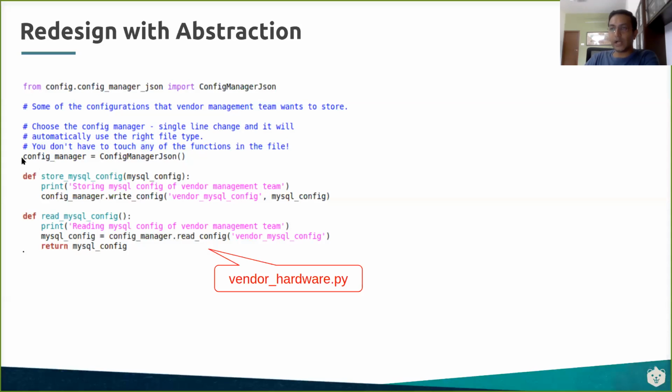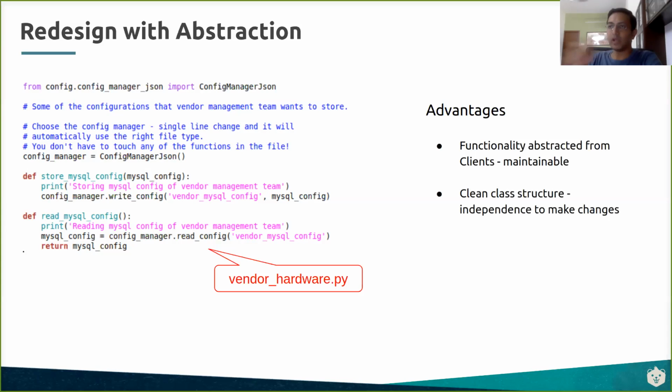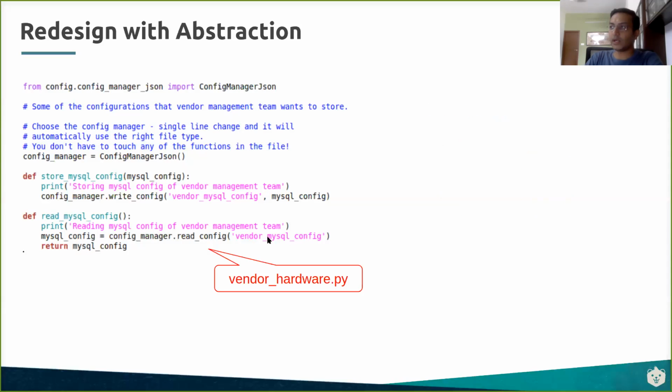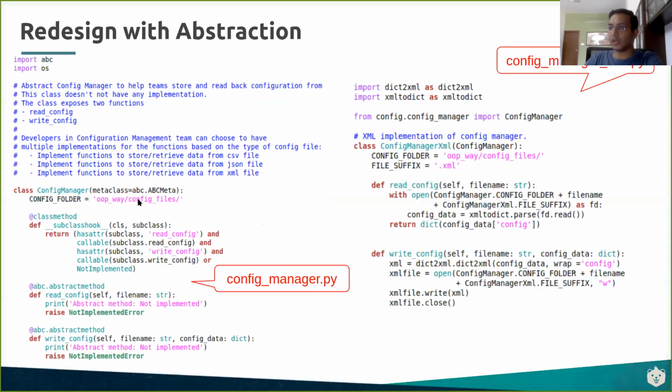So now the advantage is, these two advantages. Whenever the client wants to switch formats or a new format is introduced, he just has to change this one line of code where he's initializing the config manager. He does not need to change any of these method calls. So the functionality is also very maintainable.